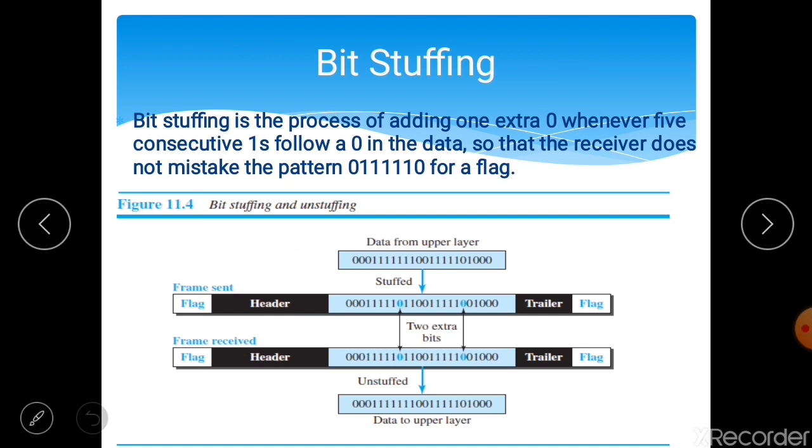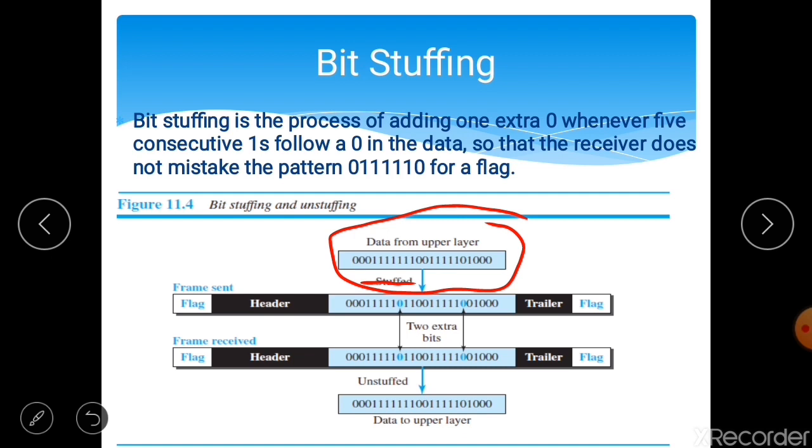In bit stuffing, if a 0 and 5 consecutive 1 bits are encountered, an extra 0 is added. So here you can see in the data section there is a pattern that is 0 followed by 6 or 7 ones and followed by 0.